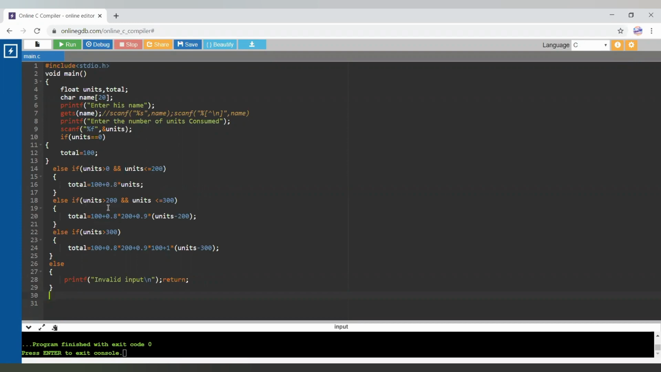Next, if it is not coming under this criteria, then we check whether it comes under the criteria of the value of the units being in the range of 201 to 300. If the value of units is between 201 and 300, then for the first 200 units, we multiply it with 80 paise, and for the remaining units,